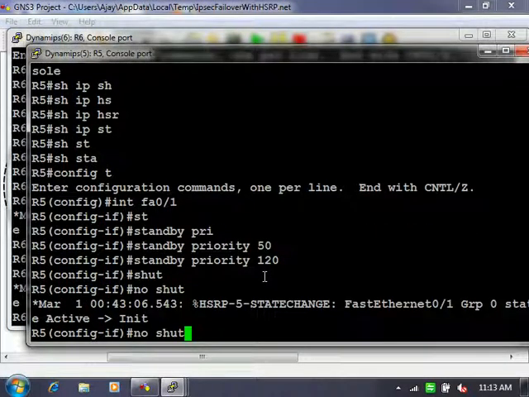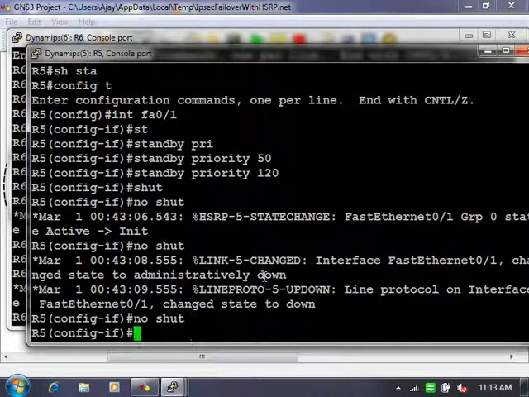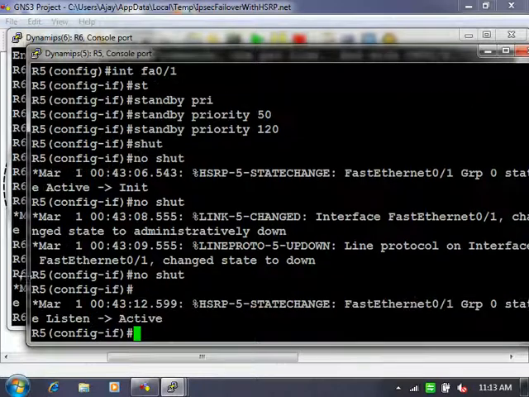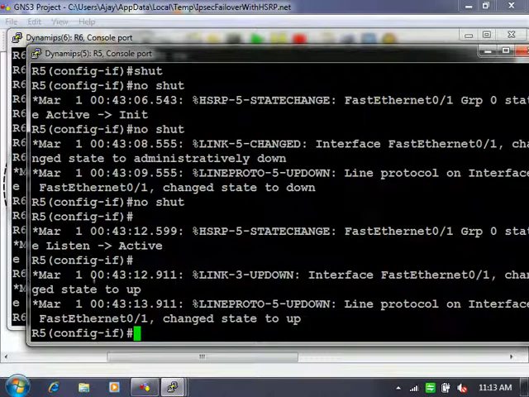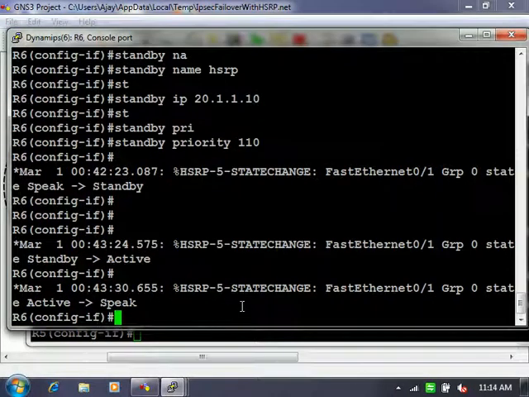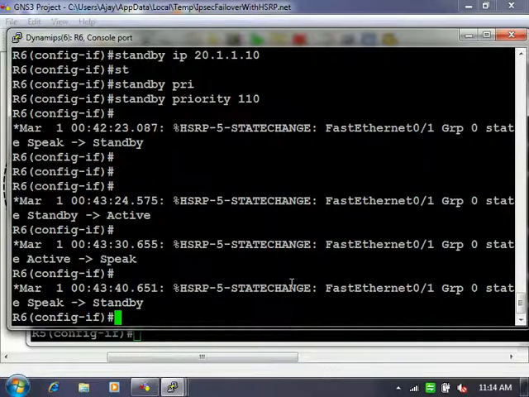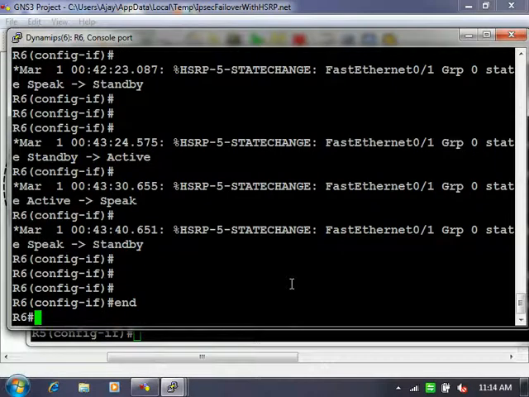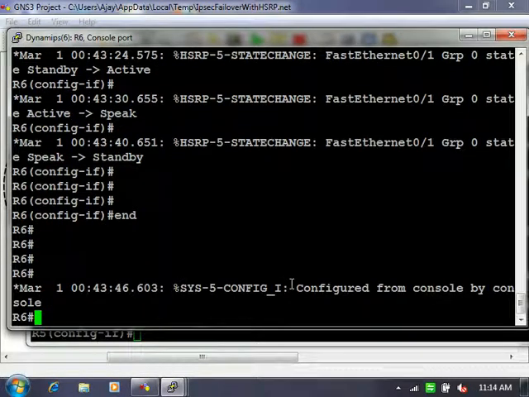Now that router should become the active, right? Because we want R6 to become active. How do we check who is active and who is standby? Still he is speaking only. No, now we became the standby. Actually we want this.